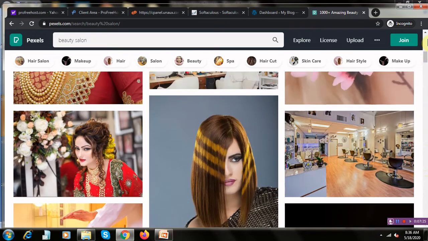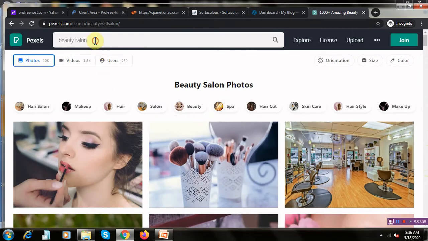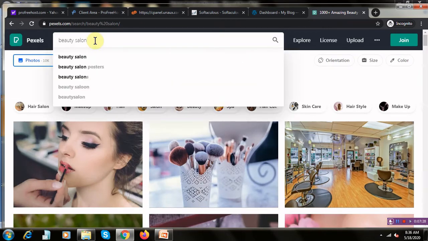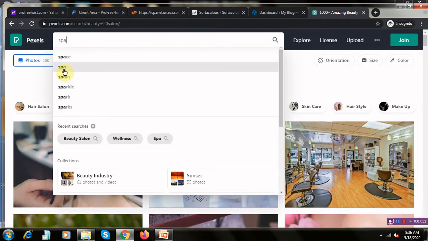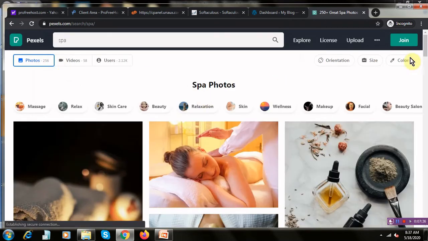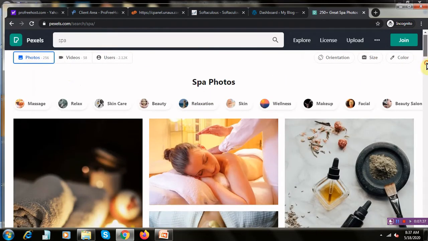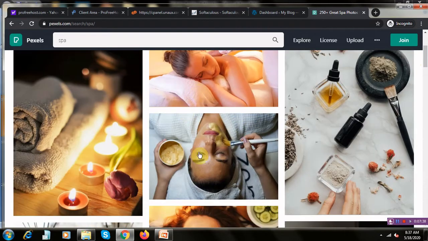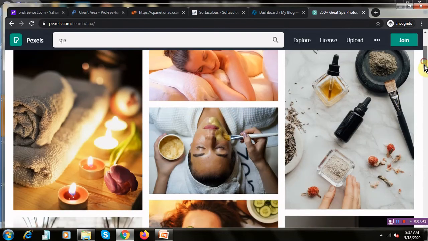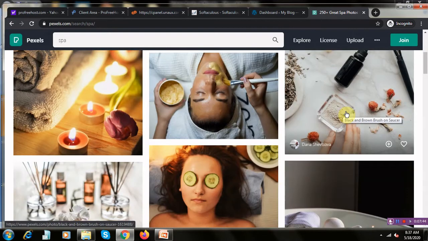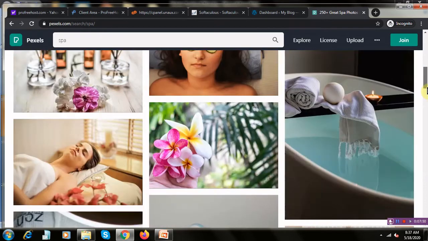Now let us go ahead and download free stock photos. I'll download a couple of stock photos, which we will then edit. I'll download this one or this one. This one I'll download. Click on the download option. You can also download this. There are so many good photographs, I'm getting confused about which one to download.